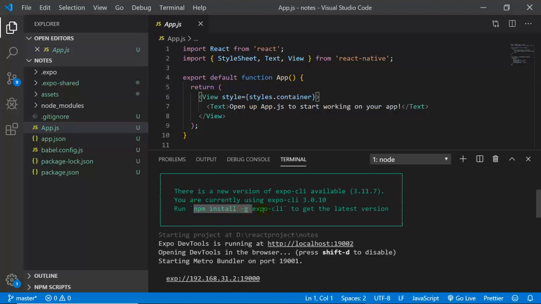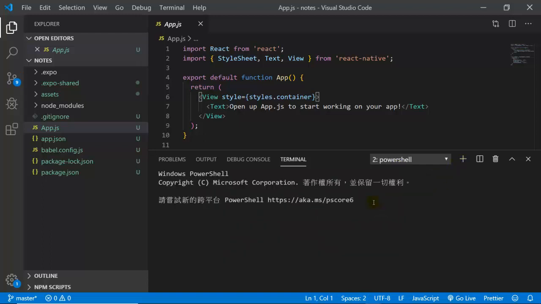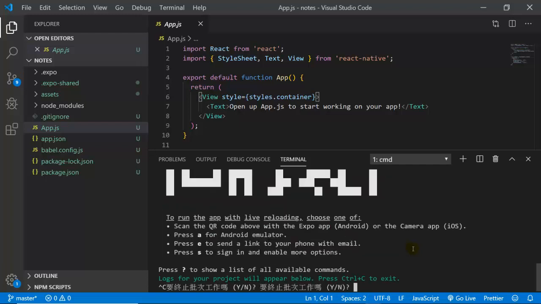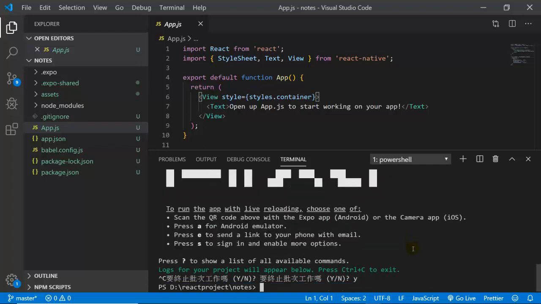And here we can see that our Expo CLI has to update, so we can also copy this one and open another terminal. Maybe we can stop this project first by pressing Ctrl+C